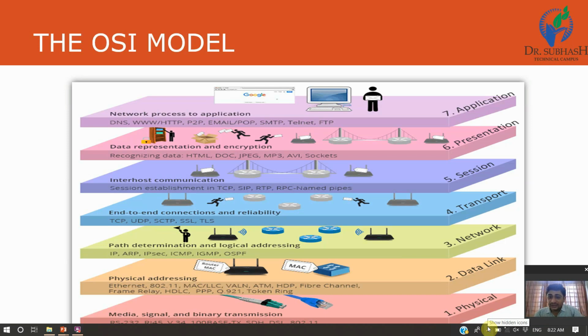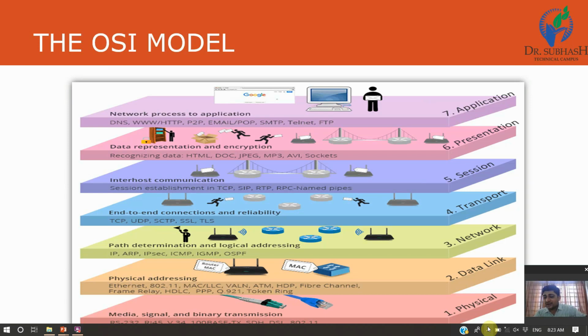Okay, and these layers work step by step, one by one, right? Whenever we are sending our data from computer A to computer B, computer A will perform all the 7 layers, and after that computer B will perform all the 7 layers in reverse manner.